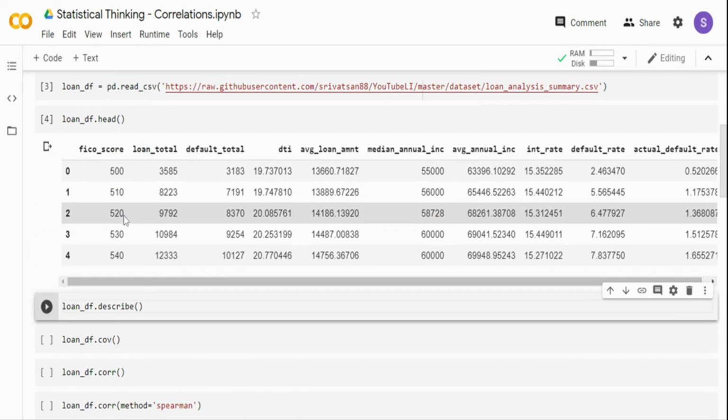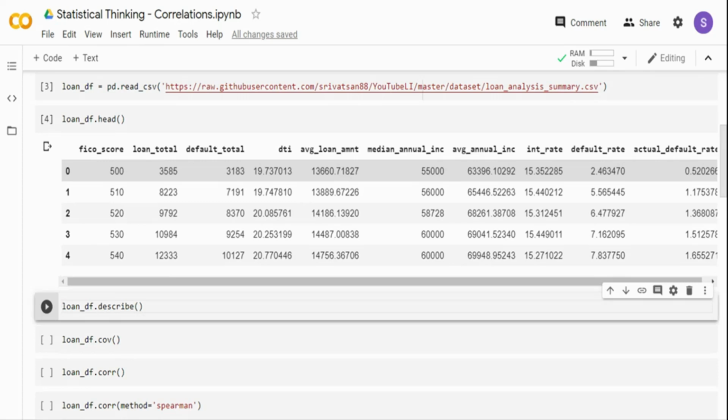Now if you see this dataset, basically I have a FICO score. A FICO score is a score ranging between 300 to 850, and it assesses the creditworthiness of an individual. When you go to a bank to take an unsecured loan, a credit card, or even a home mortgage, typically they see your credit score, which is nothing but an aggregated view of your payment history, your delinquency, and how your behavior is across all your accounts, right? It's a range between 300 to 850, and the higher the FICO score, the better the creditworthiness. That is one part of it.